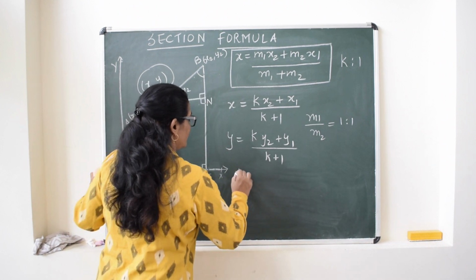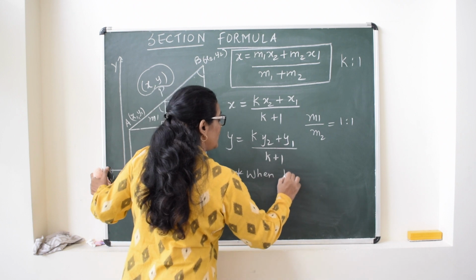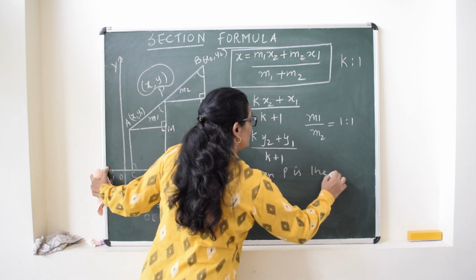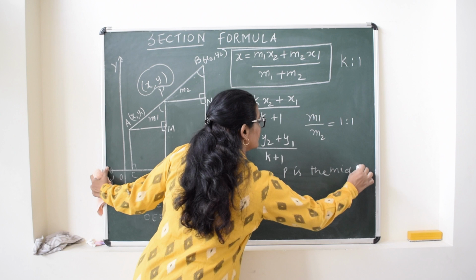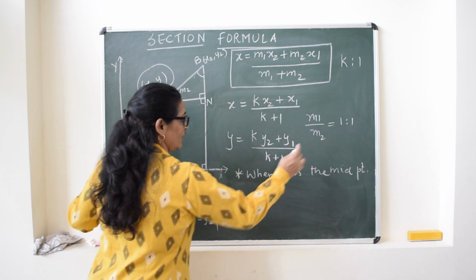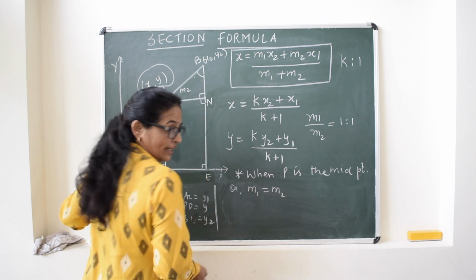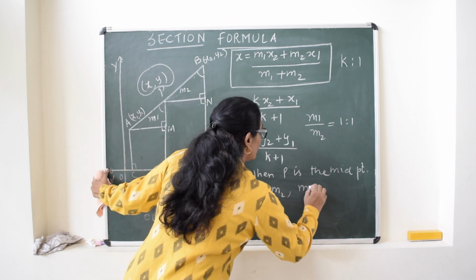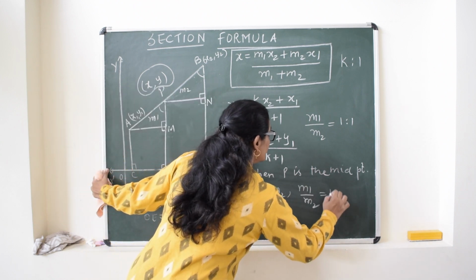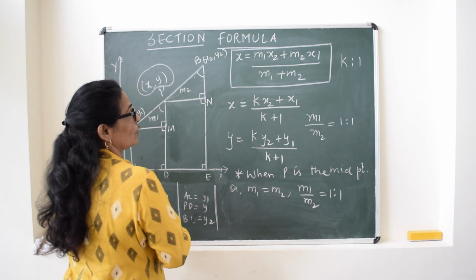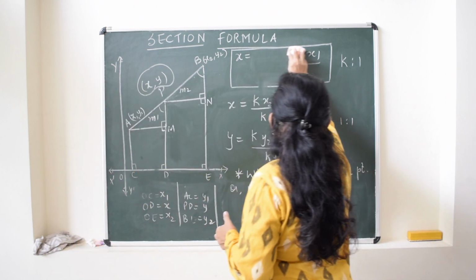So when P is the midpoint, or we can say m1 is equal to m2, or m1 upon m2 is 1:1, in this case x will be equal to